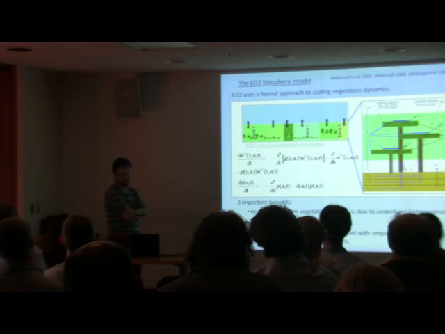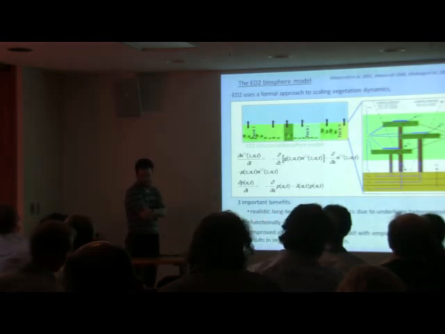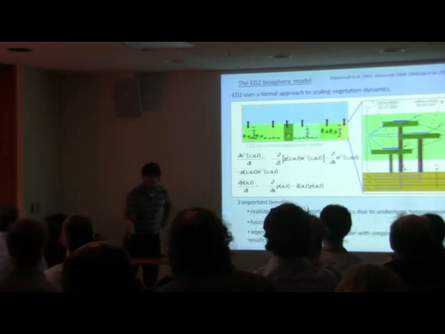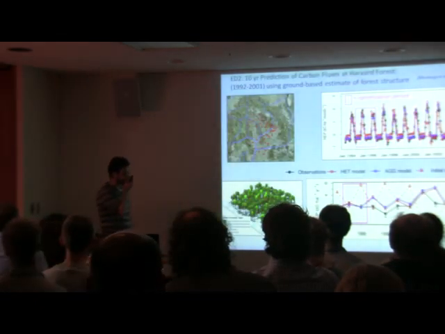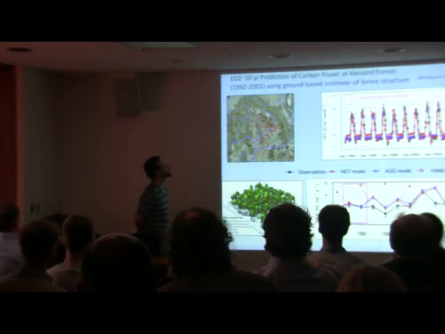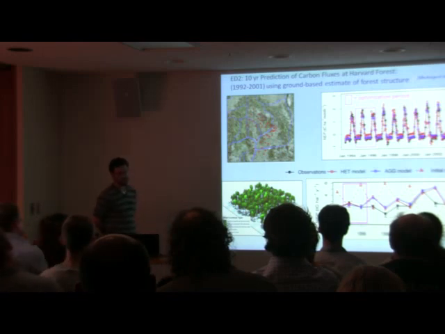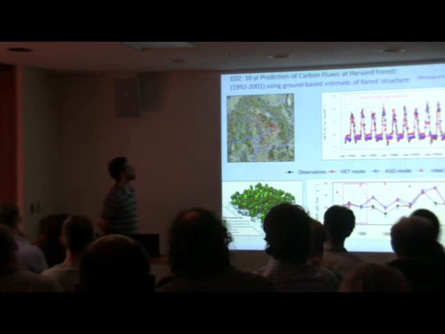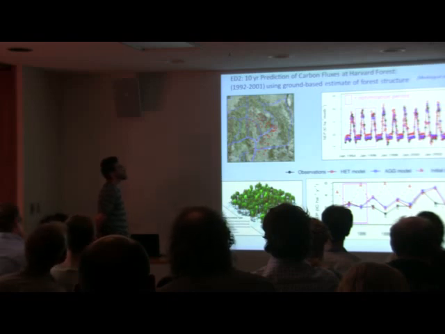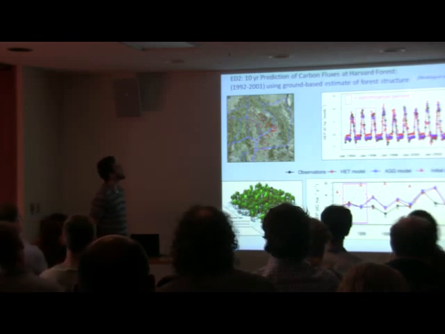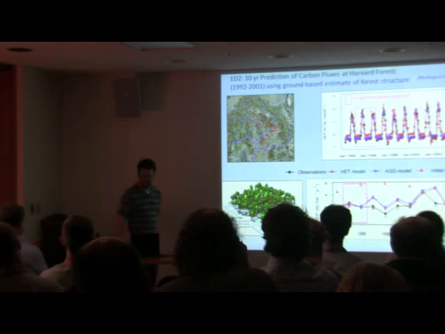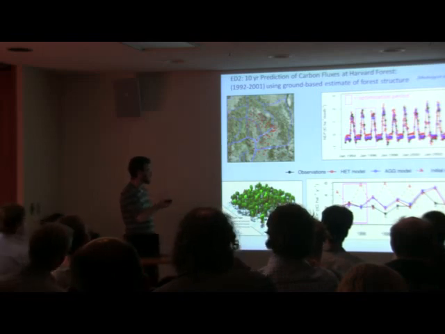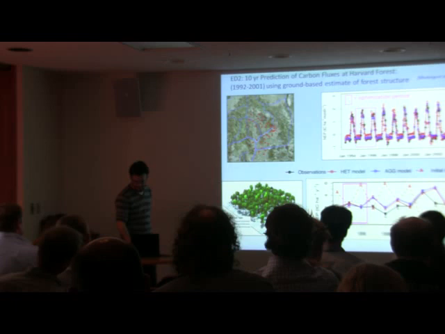We also have functionally diverse ecosystems, and we can use empirical measurements to initialize the model in order to improve and constrain it. This last part is important because there's been a recent study by David Medvedev, who's now in Princeton, where he initialized hardwood forests with ground-based measurements, 40 or so plots around the EMS and chemical towers. He used it to constrain or optimize our model for the 10-year prediction, so for the short term. But even after optimizing, there were some discrepancies between the carbon fluxes that were optimized and the observations.